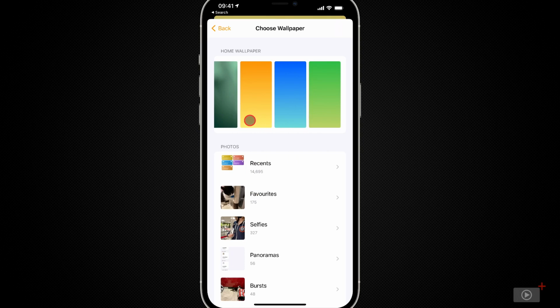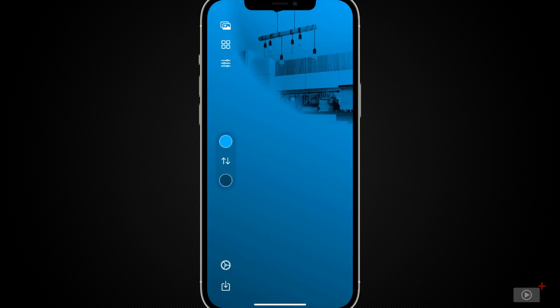So let's start it up. So, as I mentioned at the top, the HomePaper app is free, and its entire purpose is to create wallpapers for your home in the Home app. And it does this by giving us access to stock photos and colors that we can overlay on them as gradients. So we can achieve something similar to the Home default wallpapers, but give ourselves a lot more options and